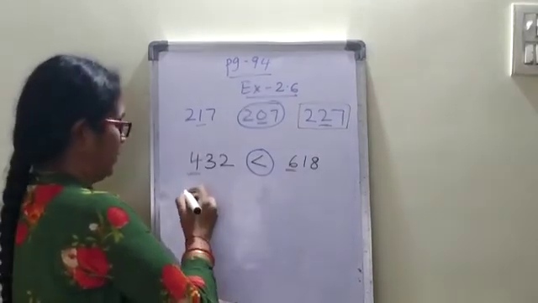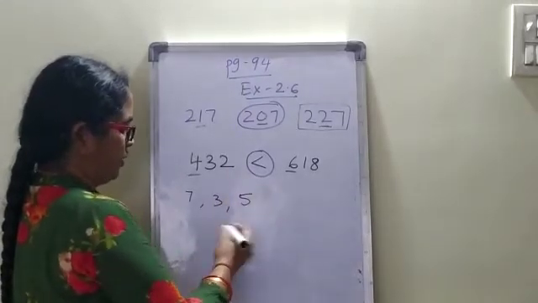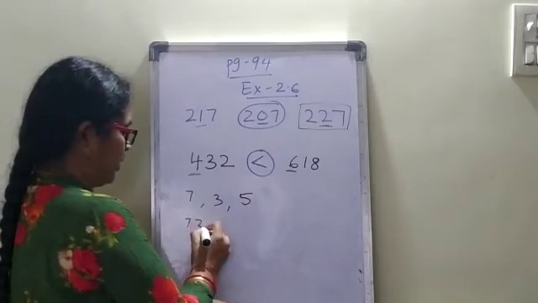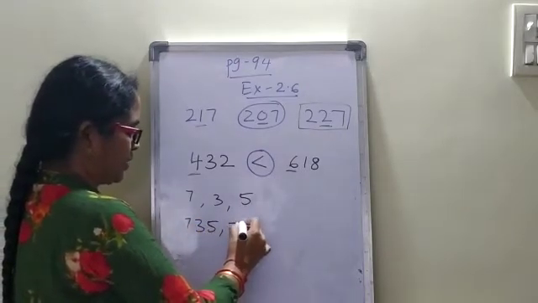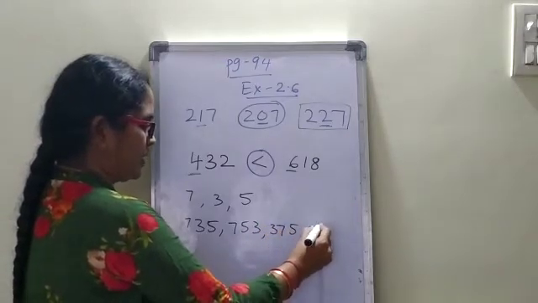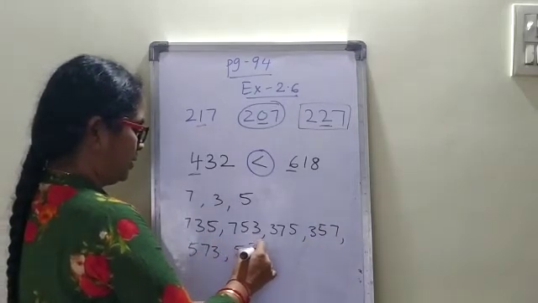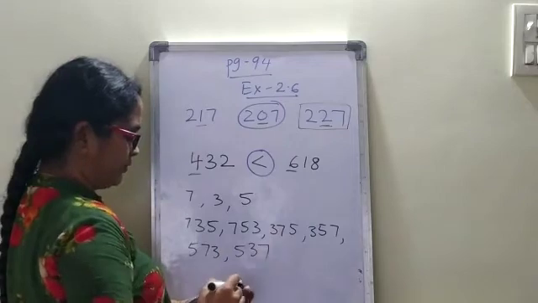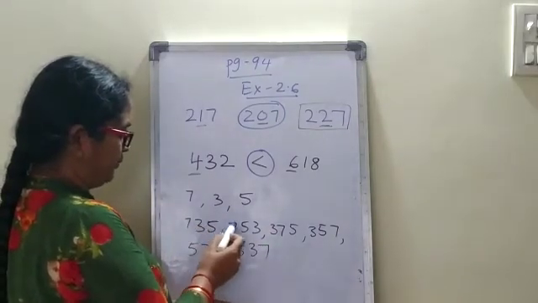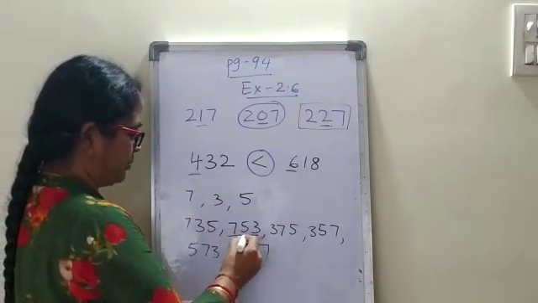And then you have forming numbers. You will be given 3 digits like 7, 3, 5. And how have we done it? Forming 3-digit numbers without repeating the digits. 735 is one number, 753 is another one, 375, 357, like that 573, 537. These are the numbers that can be formed, and you have to find the biggest and smallest numbers also. So the biggest number will be starting with 7, that is the biggest out of these 3, then 5 and 3. So this is the biggest number.